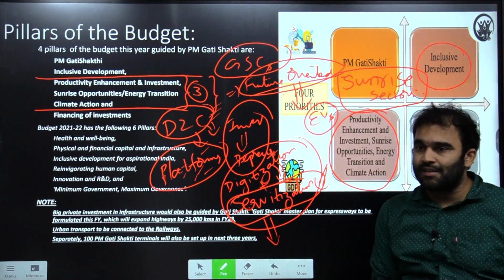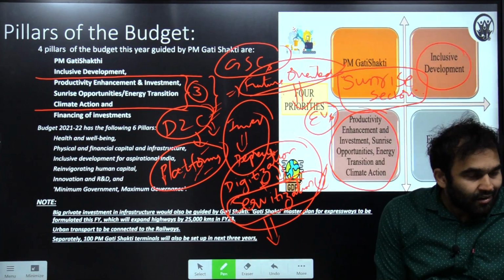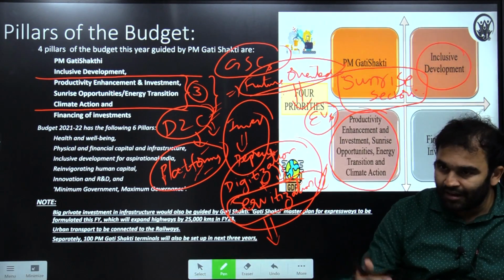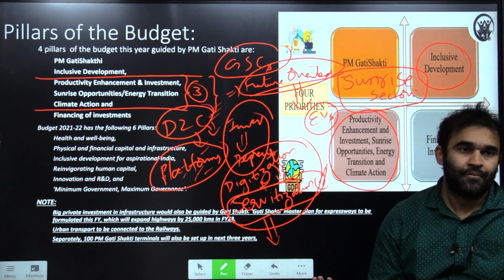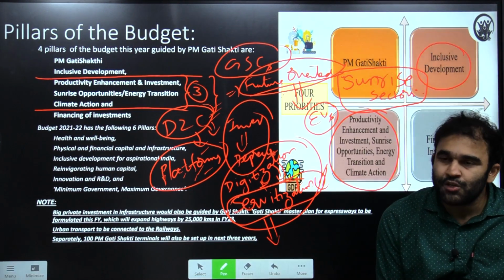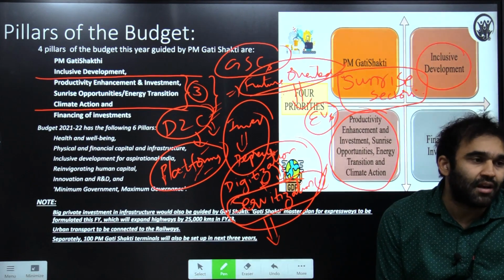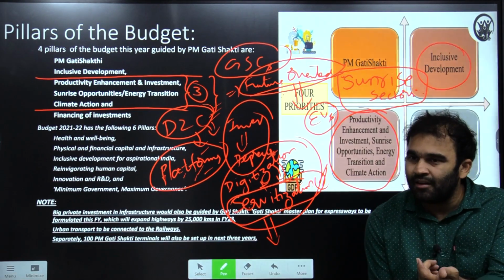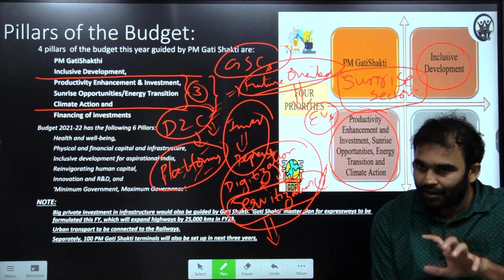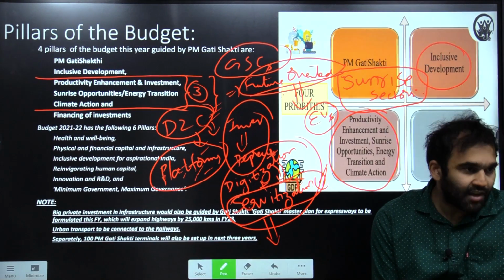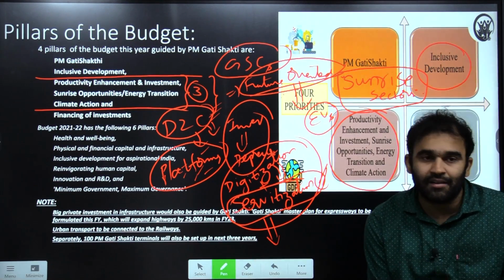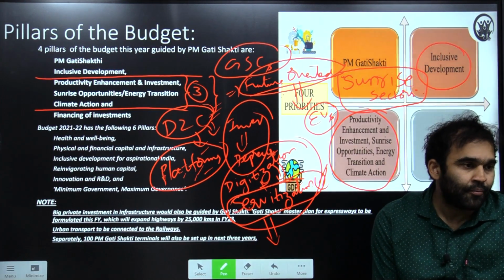So what are these sunrise sectors when we are talking about economy? Sunrise sectors are those new budding sectors which are the next generation technologies, the next generation production processes, which might need additional support from the government. They are just budding now. It's like a bud which comes out of the seed. So you have to nourish the bud when you are planting a seed, a crop. The budding stage requires additional nourishment. If left to themselves, they can't thrive or survive on their own.